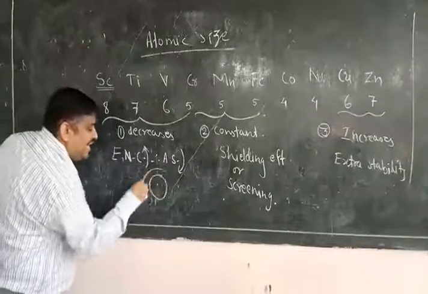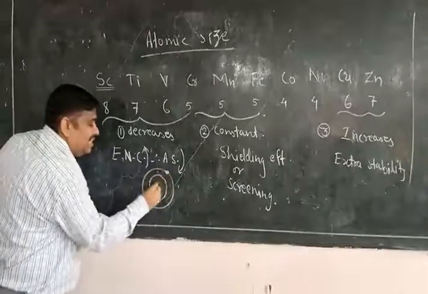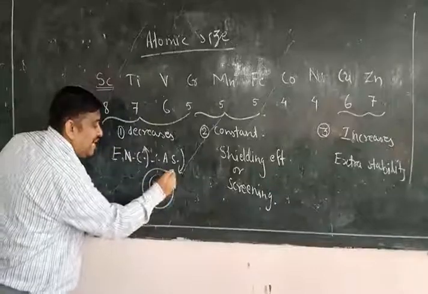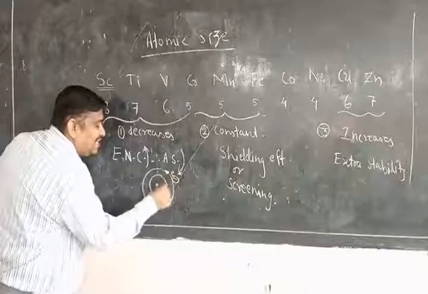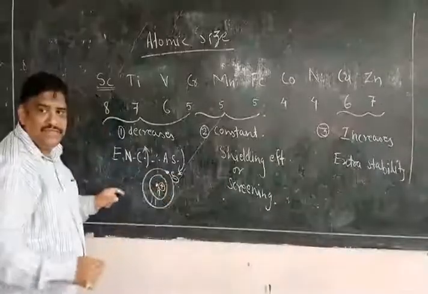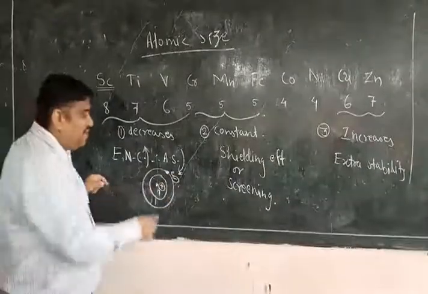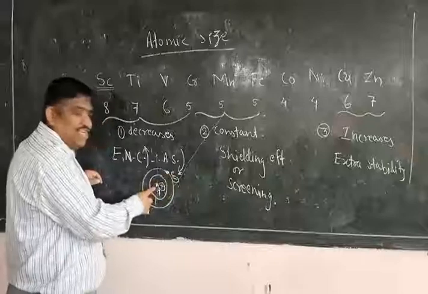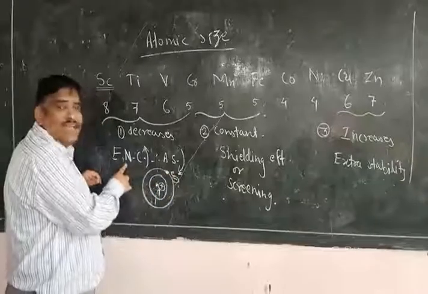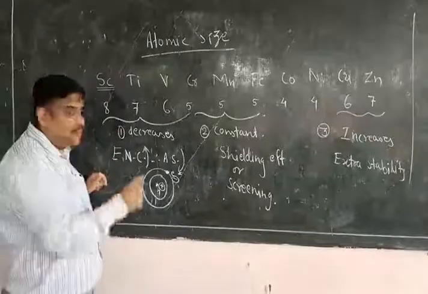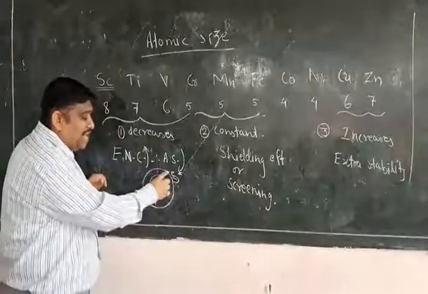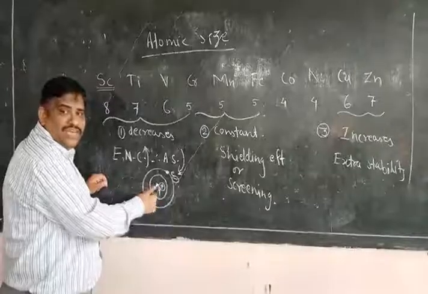When an electron is added in the shell, there is an attraction between the electron and the nucleus. Why is there attraction? This is a negative charge and this is a positive charge. There is an attraction between the negative charge and the positive nucleus. Therefore, that is called the effective nuclear charge, in short. This is not a scientific definition, but you can remember there is an attraction between the added electron and the nucleus.